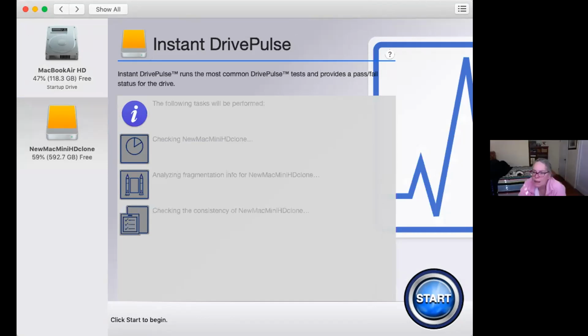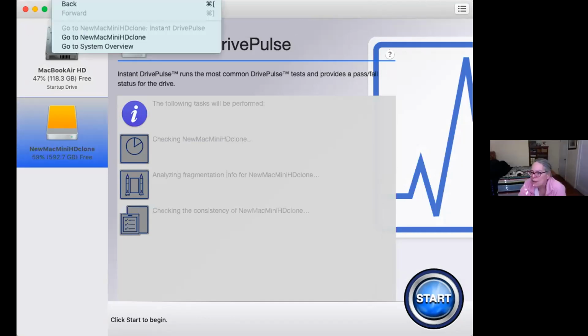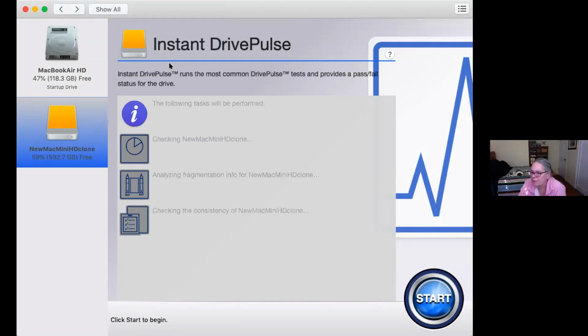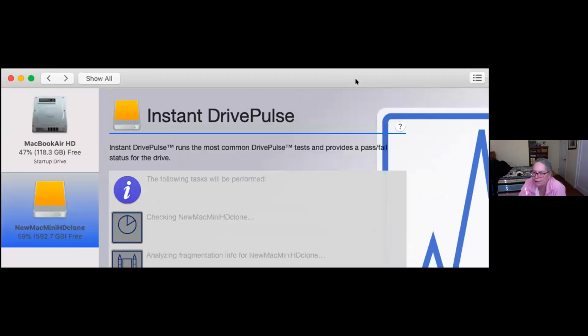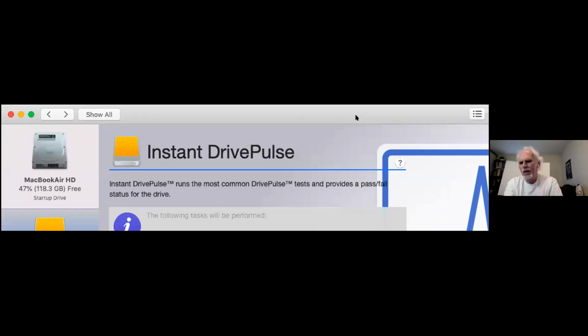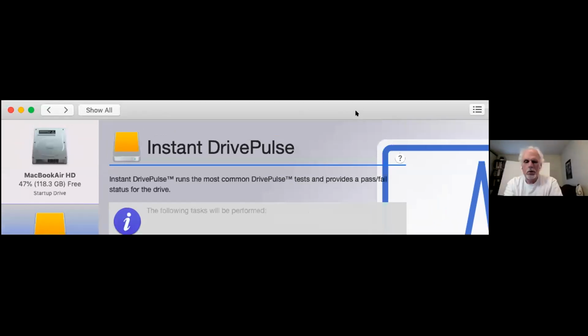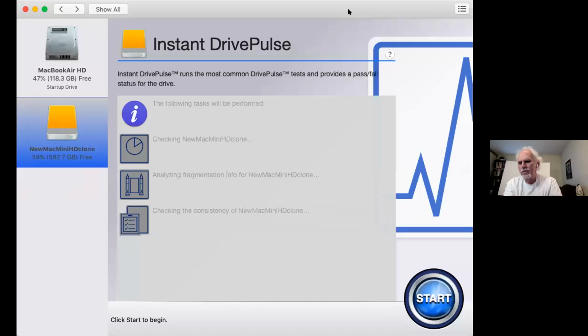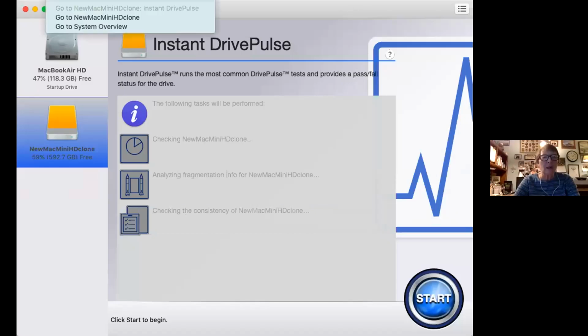Okay. I would go ahead and send the Drive DX report to OWC and see if you can get it replaced under warranty. They have a place to save the report where you can email it to them. Well, let me see what it says under history.